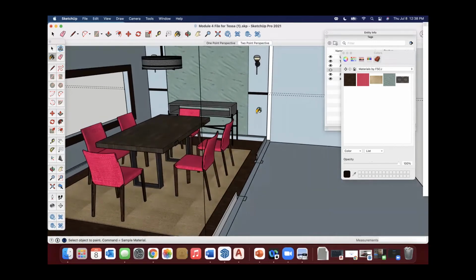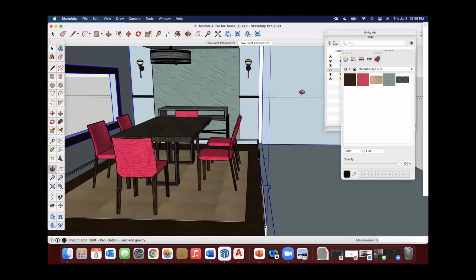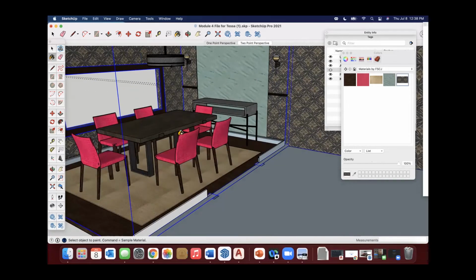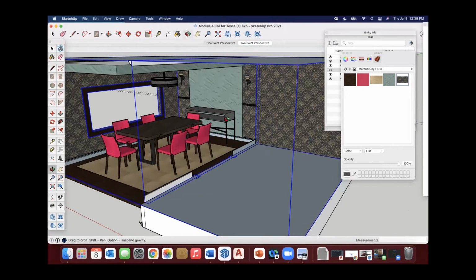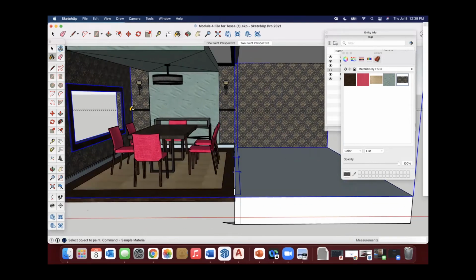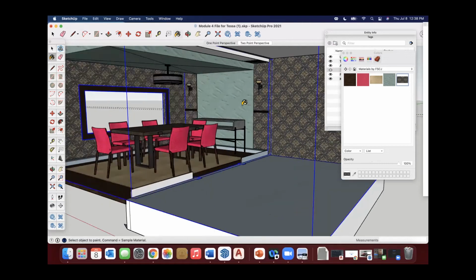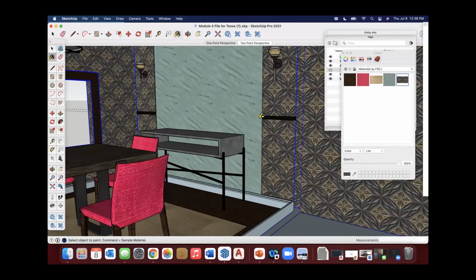But now we want to apply this final material here on this portion of the wall. And so the biggest thing is, if I do that, it's going to apply all over the wall. And do we want to do that? Honestly, that looks kind of cool. It could be seen as a wallpaper if this is what we were doing. I kind of like it. It's not necessarily here, but like in the dining room, that gives a really cool texture where you could have the chair rail split the difference.